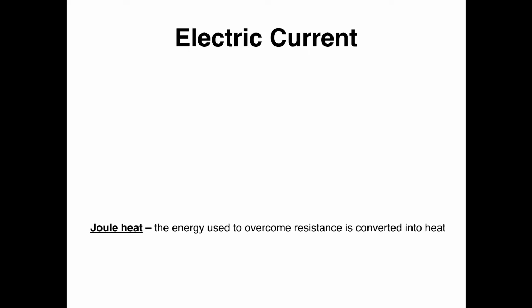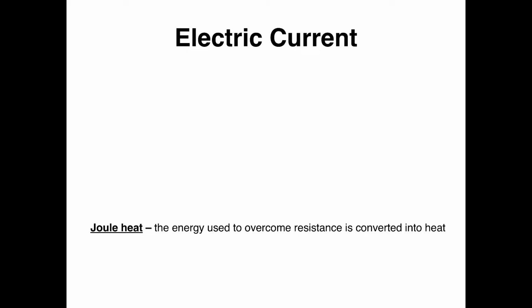Let's continue our talk of resistance. First of all, when resistance occurs, you have to have energy to overcome that resistance. And there's the concept of joule heat. The joule heat is the energy that's used that overcomes resistance and is converted into heat. If it's energy, energy can always be converted into heat or expressed in another way. So joule heat is the energy in the heat value that is required to overcome the resistance